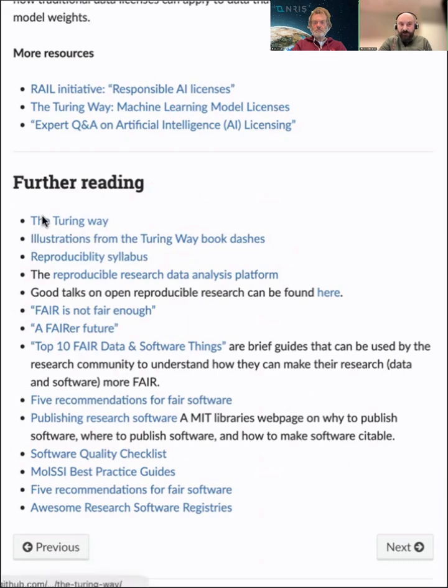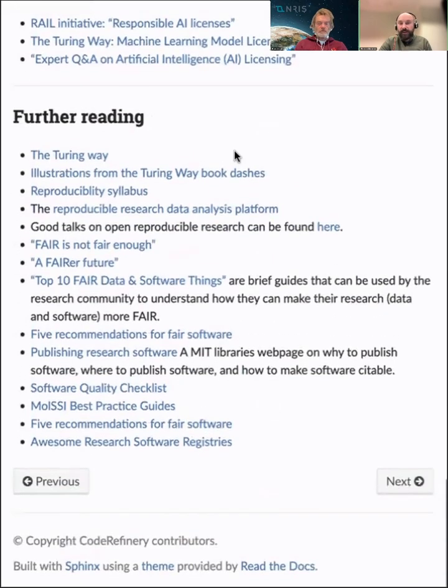I'm a huge fan of the Turing Way, which is like an open ebook that covers all these topics. And in general, there are also field specific things. So try to basically check for your field if there's something specific.